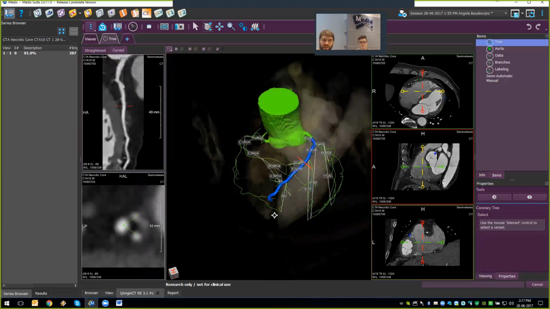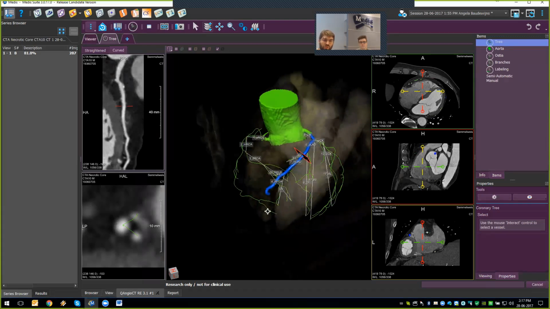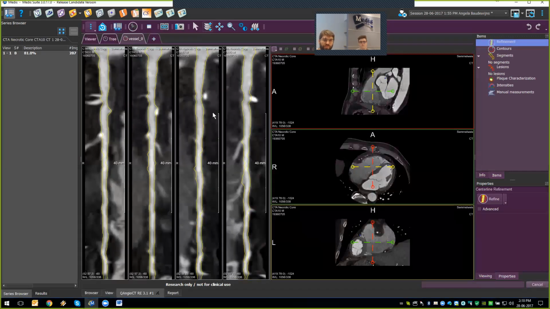So from here we can select a vessel of interest, and we can pursue a real advanced quantitative analysis on this vessel. For this we will click on this plus sign, which will start a dedicated analysis tab for this particular vessel. In the analysis, we're going to work in these straightened views on the vessel. Right now you see 4 different views, which are 45 degrees apart in a straightened